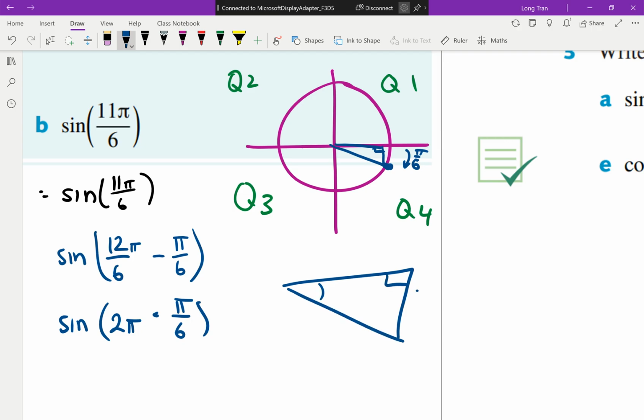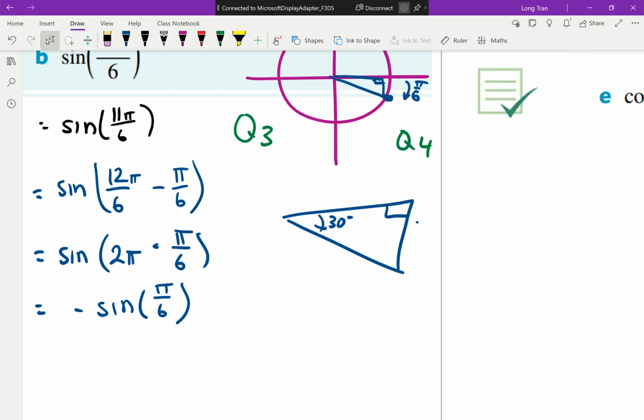I'm trying to find, if this is 30 degrees, the sine. Which one's sine? Sine's the opposite. So I'm looking for this height. That's what I'm looking for. But clearly, is the sine negative or positive here? Negative. The y value is negative there. So I know the answer has to be negative. That's the first thing you do. That's what we call the symmetry property. So it's the same thing as negative sine of, and this is where you use your exact values,